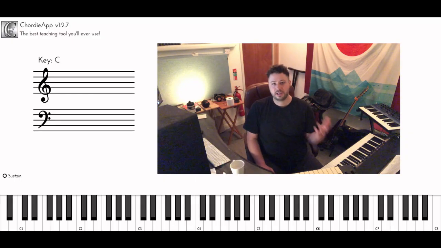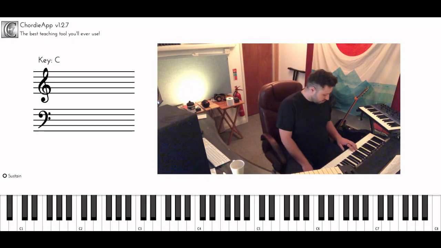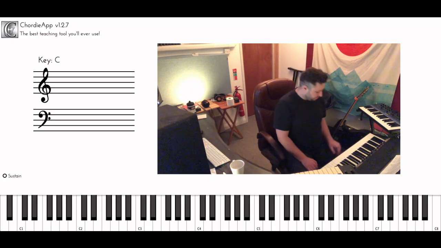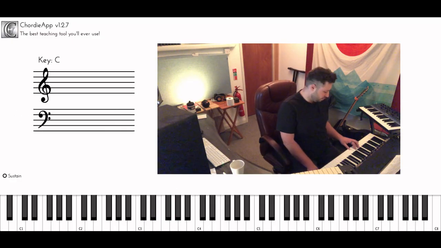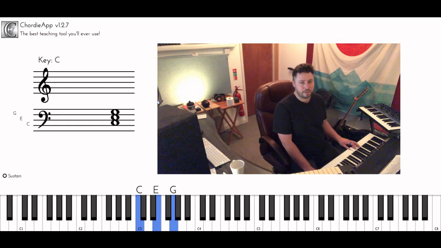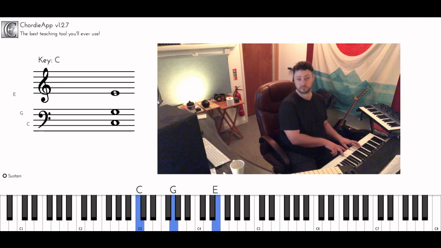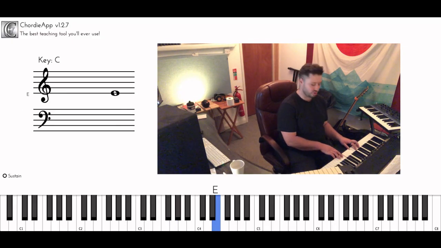And let me show you an example of how you might use this, right? So let's go super simple in the key of C. C major triad, like this. Hopefully this is a chord you're familiar with. It's a bit boring as it is, nothing wrong with it, but one way to make it a bit more exciting is to take the 3rd, which is E here, and put it up an octave, so we get something like this. So these are quite nice voicings. They sound quite sort of gospel-y, sort of like,